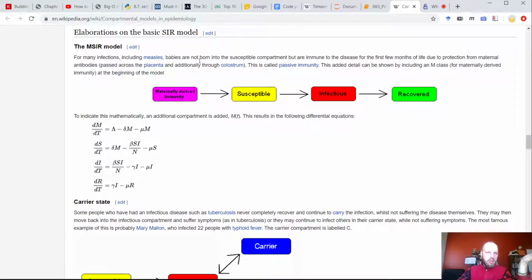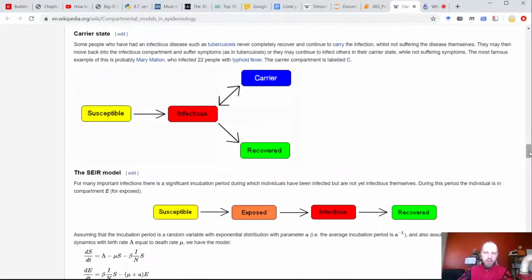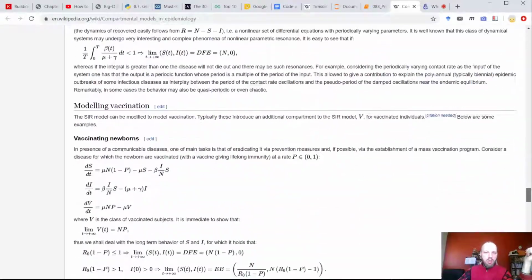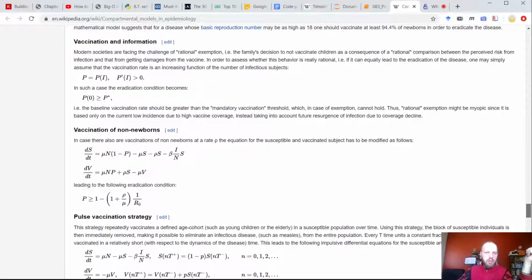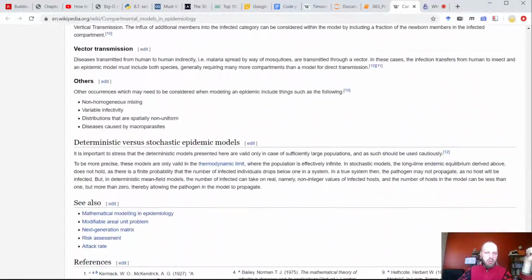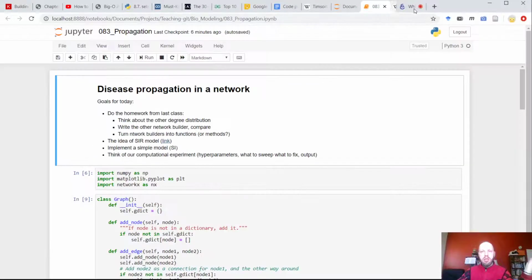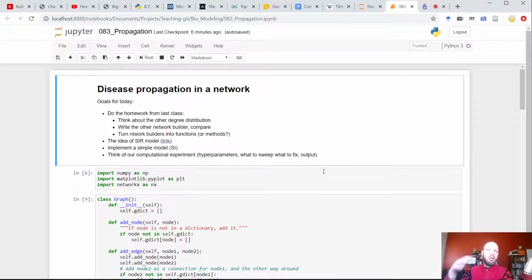This one is too fancy, something maternal, whatever. Look, there may be a carrier, or people may be exposed, or animals, or plants. They can be exposed, so maybe they're susceptible, but then they're exposed, and they linger in this state for a while before they become infectious. What else is there? Vaccination, modeling vaccination. Well, you can think about that. What other options are even on the table?